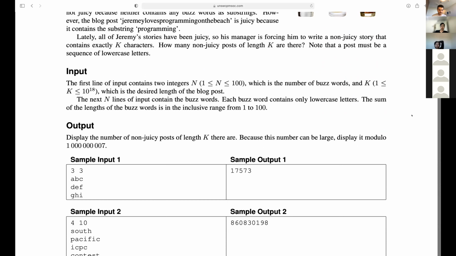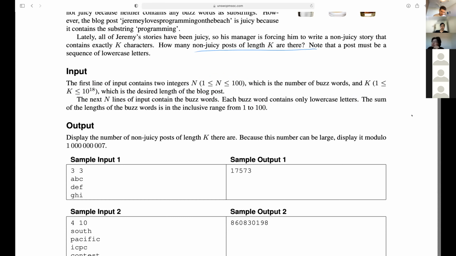So perhaps interestingly, the bounds: N, the number of buzzwords, is up to 100. Also, the sum of the lengths of all the buzzwords is from 1 to 100. So the buzzwords and their total length is quite small, but K, which is the length of the post that you need to make, is very large, up to 10 to the 18, which is interesting.